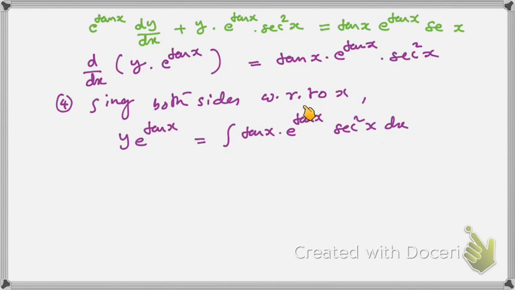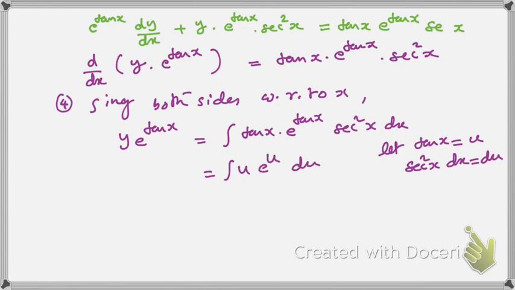Immediately notice that this tan x has its derivative present there, which is sec square x. So why not call this tan x as u? So I'm going to make a substitution, tan x is equal to u. Differentiating with respect to x, I get sec square x dx as du. So my integral would now become, this is going to be u, this is going to be e raised to u, and sec square x dx together will become just du. So integral